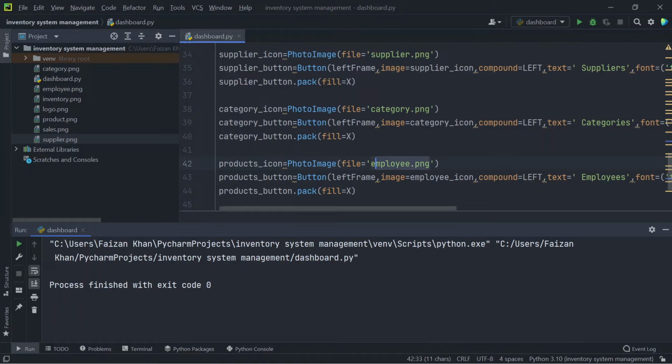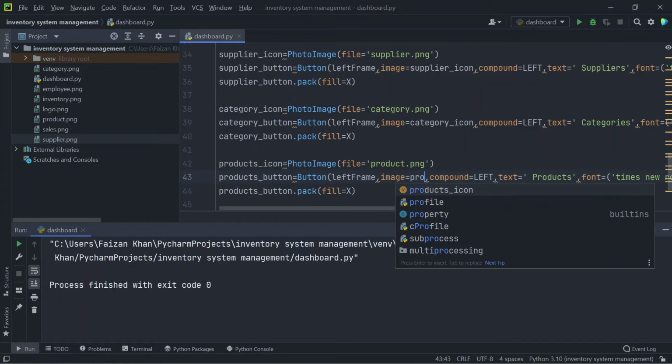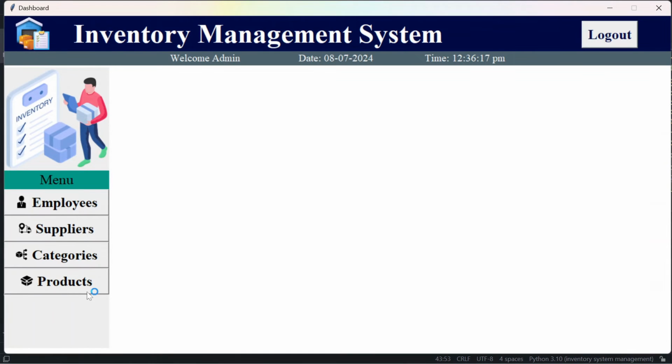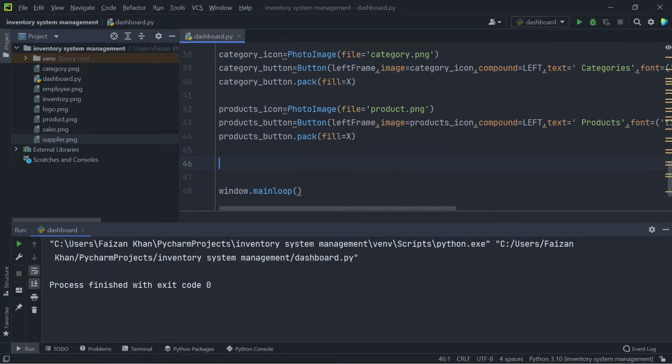This file name will be changed to product.png. The text here will be changed to products, okay. This image name will be changed to products icon. So this is also done. Next is sales. So I'll paste again